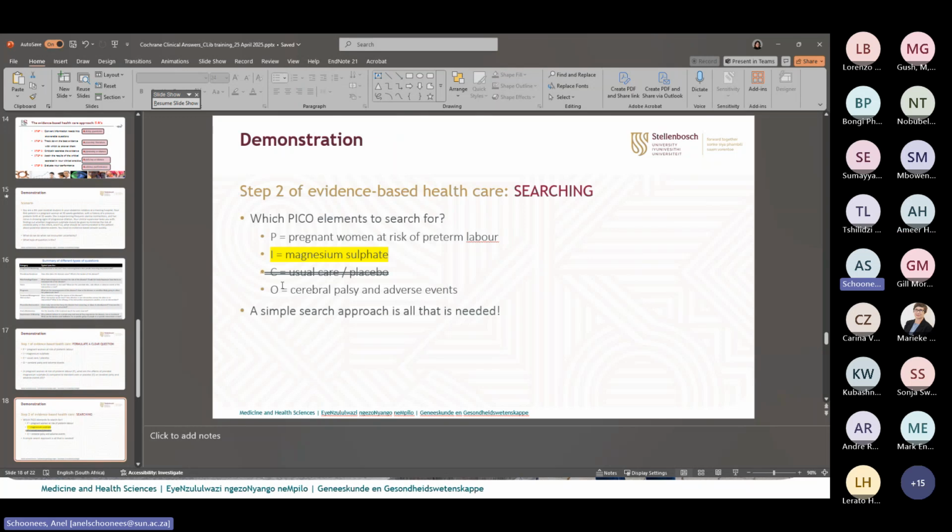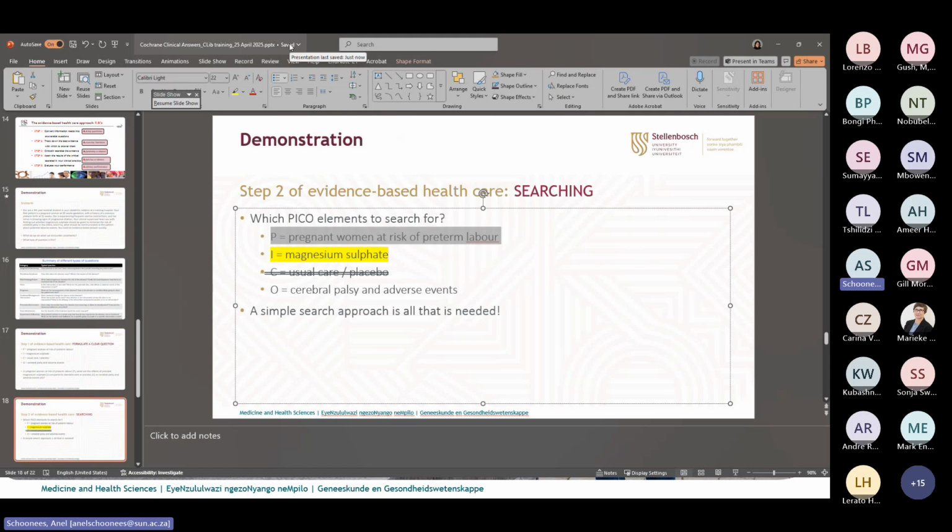So Andre, in your scenario now, were you talking about the diabetic patient, or an obese patient? Because in that case, not knowing exactly what intervention you want to use, instead of searching for